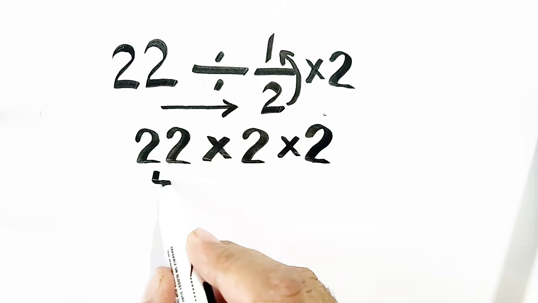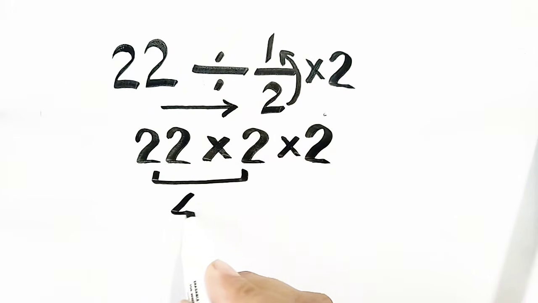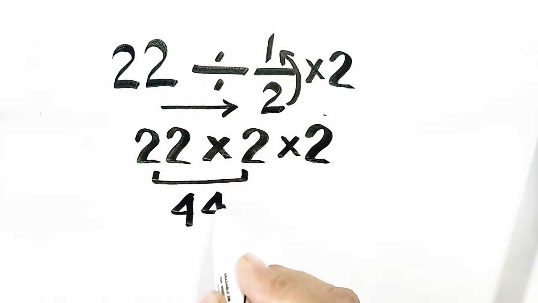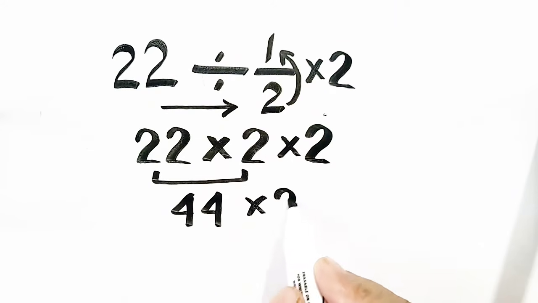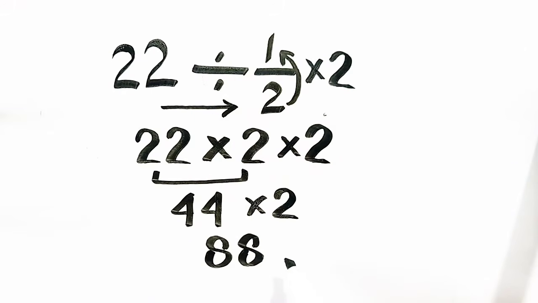So 22 times 2 will be equal to 44, times 2, it will be equal to 88, which is our